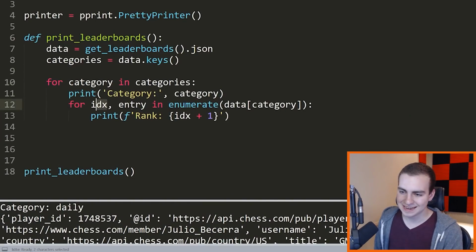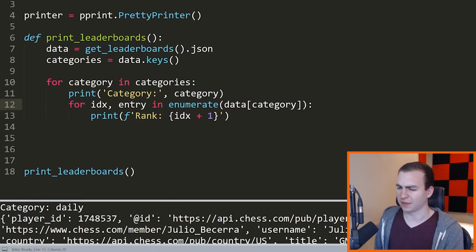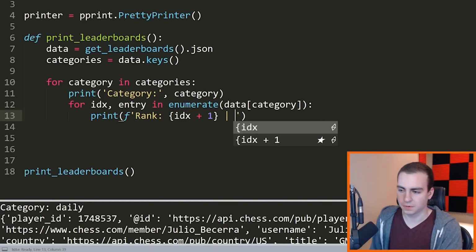I can just use the index of the entry that I'm getting from this category, if that makes sense. But IDX + 1, because our indexes start at 0. So when I'm on the 0th or first entry, I want to make sure I'm saying that they're first, not 0th, right? So after I have the rank, I'm just going to put a pipe so that it separates it.